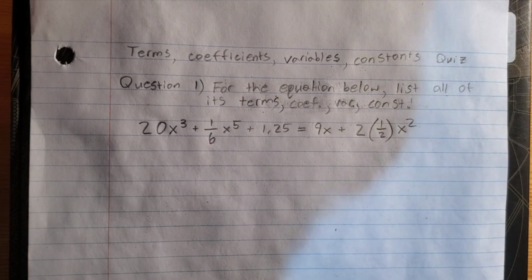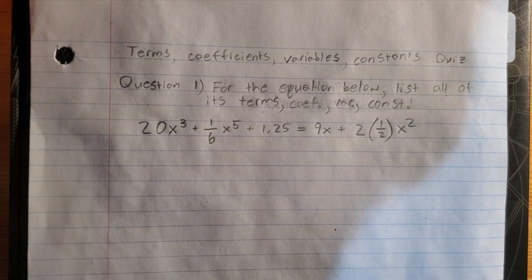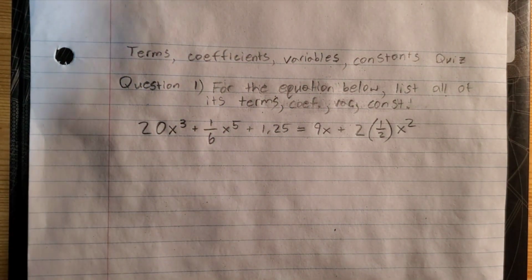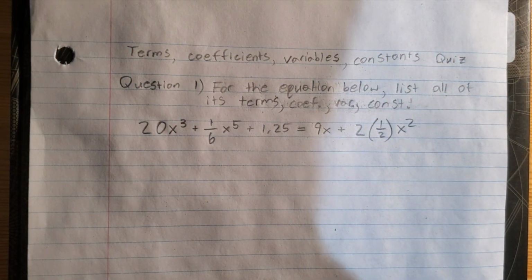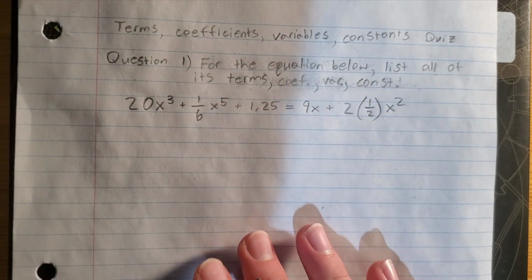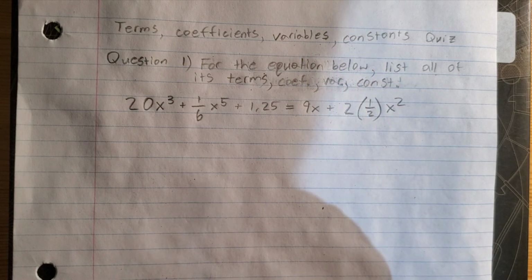Let's get started. So, last video I did terms, coefficients, variables, and constants, explained what they are, and what they look like in an equation or an expression. Let's have a quick quiz to summarize everything that we learned and see a real world example. I know on first sight this may look a little bit scary, lots of weird numbers and weird stuff going on, but don't worry, we'll work this through step